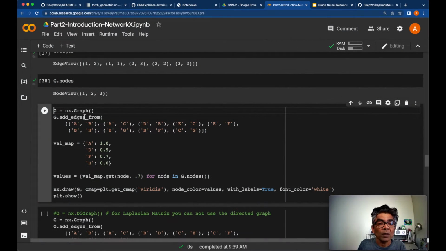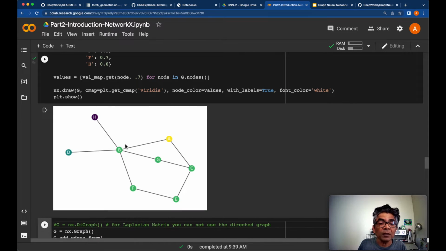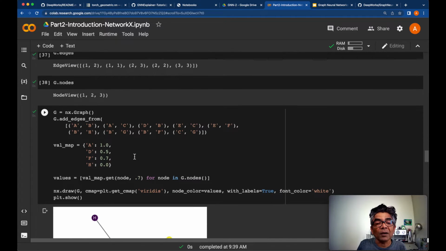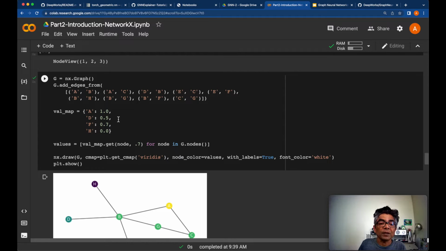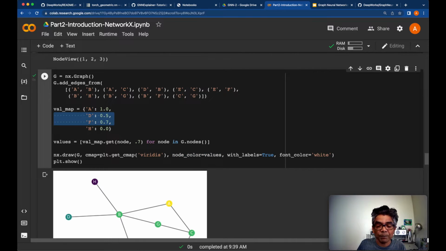So now if you have a graph which you would want to put together with the labels X true and font color white, let's see what is here. So here what we are trying to do is that we want to set the graphs with a particular class. So here you see that we have this graph G which we have created, and here what we are trying to set is that we want to put the graph based on some values. So you look into a graph,